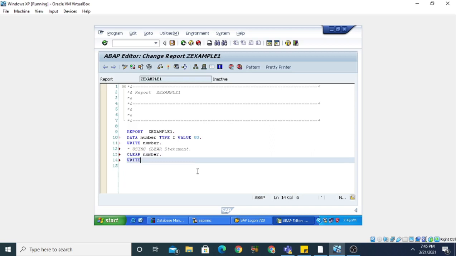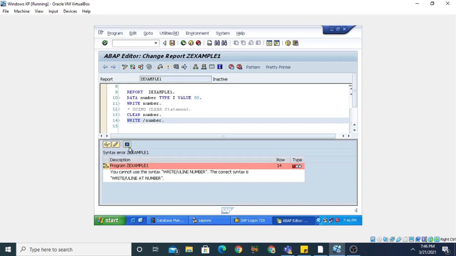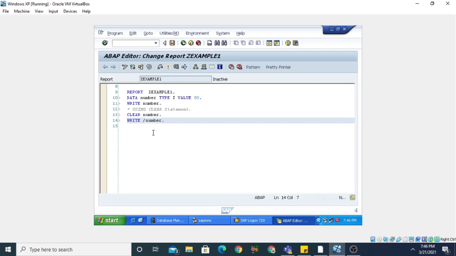This is write, and if you want to write the number in the next line you can use slash here. Now click on the save button. Check for the errors. You can use the right syntax. We have not used the right syntax. Just give the space here, then click on the save button. Check for the errors. The program is syntactically correct.